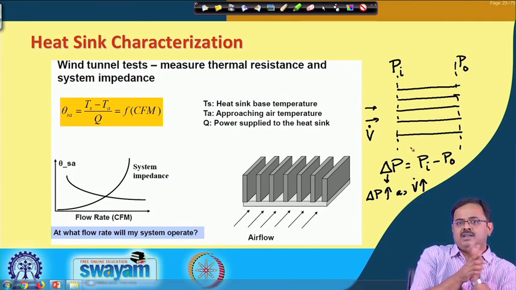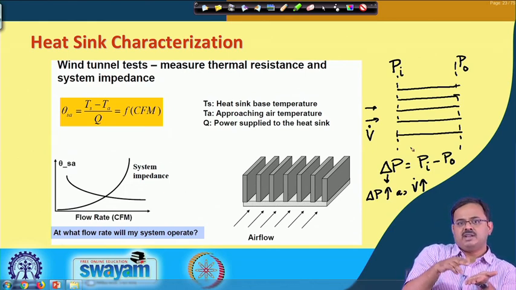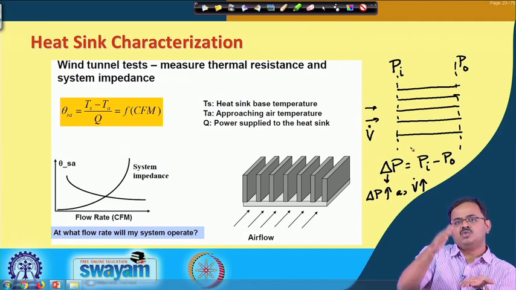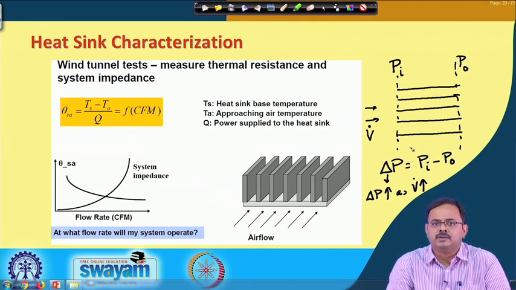Okay. And it can be shown that there is a flow resistance, and the shear force per unit area, the shear stress, is given by the viscosity times the velocity gradient, which goes from 0 at the surface to some other value right next to the surface. Okay. So, that is a little bit into the